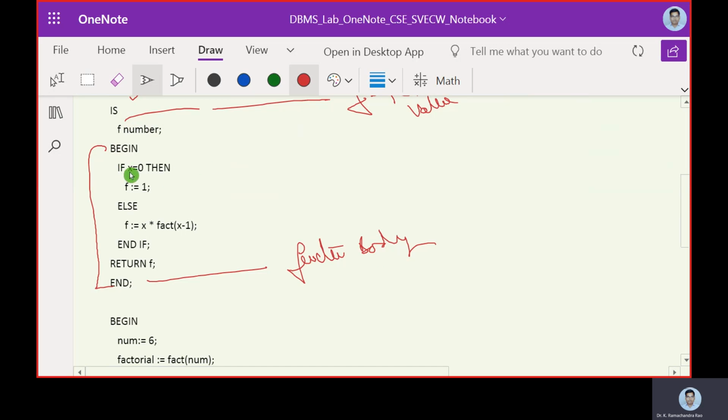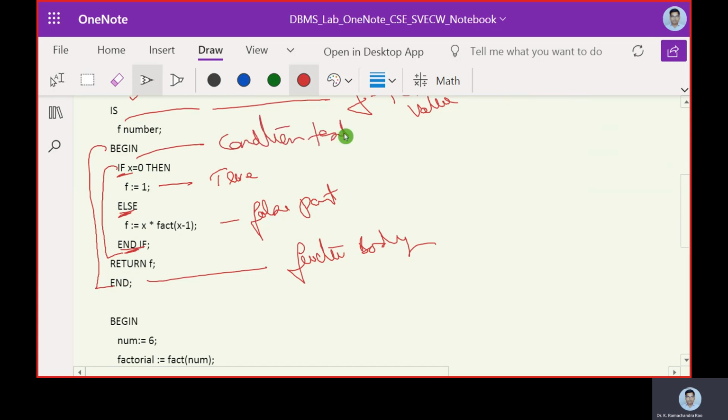Now we are using the if statement. So if is the true part, and else is going to be the false part. So if followed by else followed by end if. X is equal to 0, we are testing the condition. If and then, it is an if-then loop that is going to happen. Now this was a condition, right?